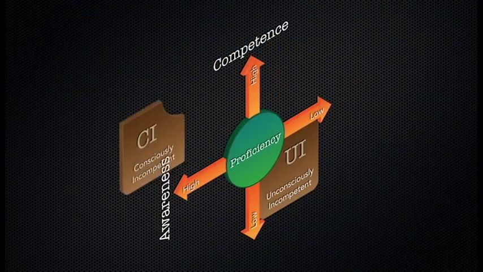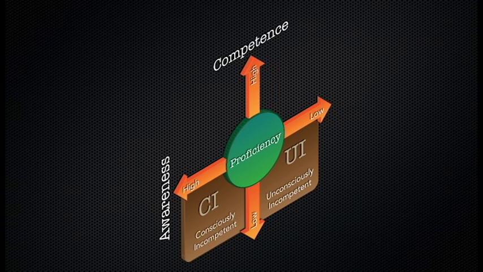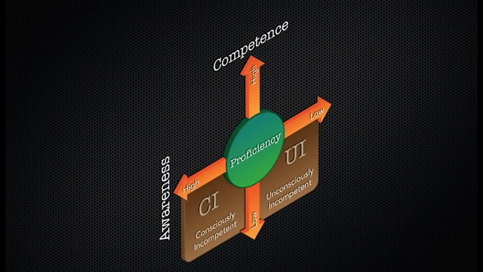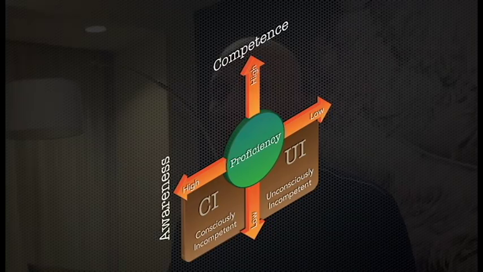The second quadrant is high awareness but also low skill set, low competency. This is the CI quadrant, that is the consciously incompetent. This is the individual that knows they're incompetent. They have high awareness that they do not have the skill set needed to pull it off. But this is good. This is the quadrant of training. This individual can learn. He's consciously incompetent. He knows that he needs to improve. I'll take young leaders in this quadrant any day of the week, because I can easily move them up to